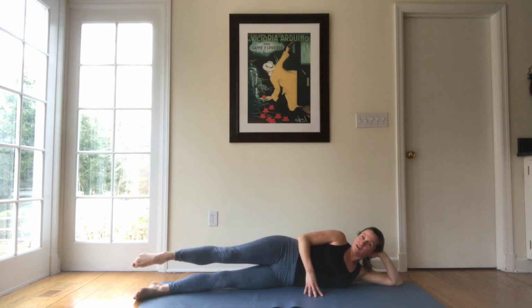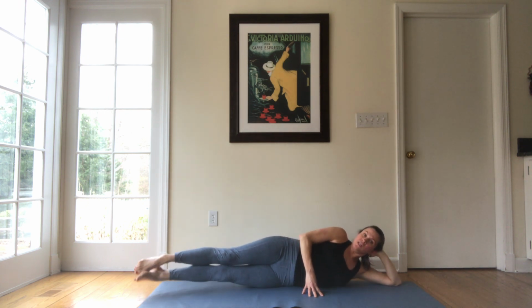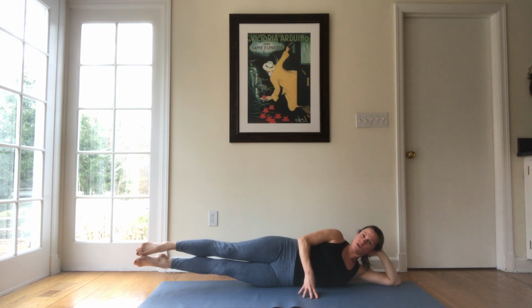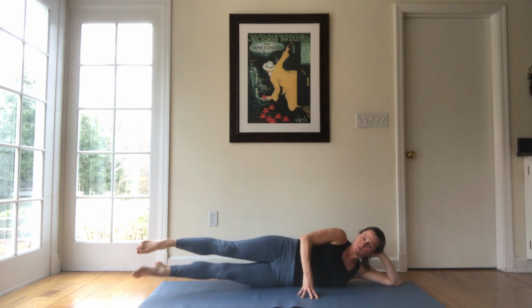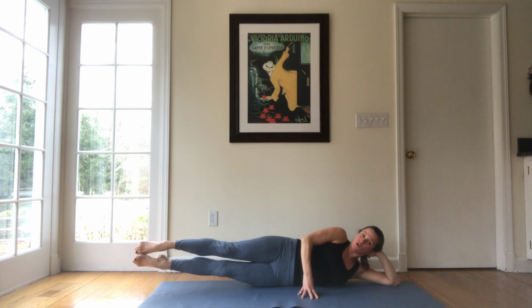and awesome. Lifting both legs up, you're going to hold here. Again, find that little mouse hole so that you're using your obliques, those side abdominals, to hold the legs up. And now we're just going to scissor the legs, just a little swing of the legs. You can make it a little smaller. Maybe just hold it. If you feel any gripping in the hip flexors, you want to just hold your legs,